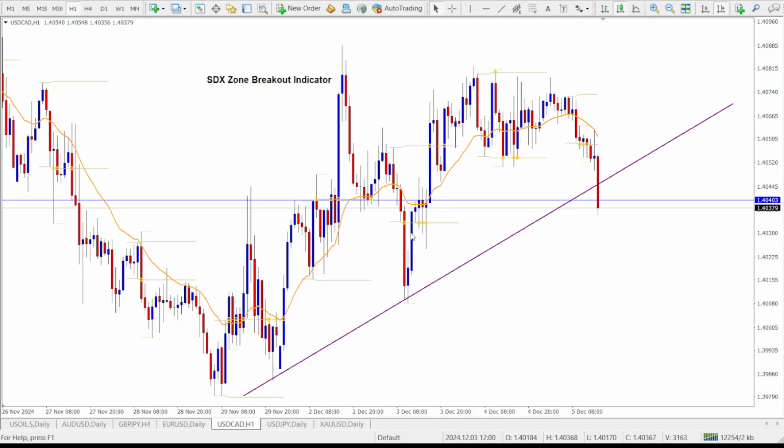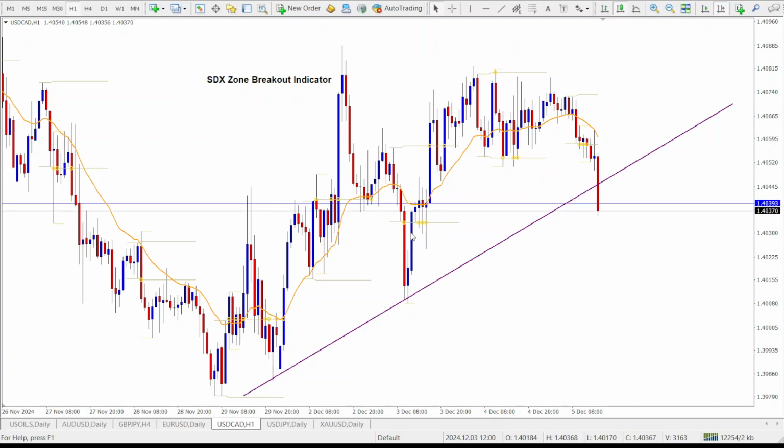That is it for this video. The SDX Zone Breakout Indicator is quite easy to use. Just ensure that you observe proper risk management and do not trade with an amount that you cannot afford to lose. Okay, ensure that you do not risk more than 2% of your account balance in a single trade when